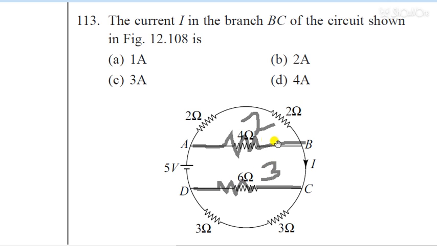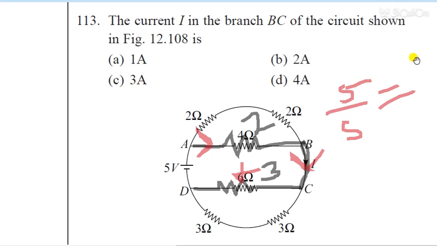3. So now 3 and 2 are in series, because you can see here, if I connect a battery here, you have to understand all the concepts. Let's suppose only two resistances are there. So the same current will flow through this path. That means current through this 2 ohm resistance and this 3 ohm resistance will be the same. So you have to simply add them. 2 plus 3 is 5. Battery voltage is also 5. So that means total current is 1 ampere.